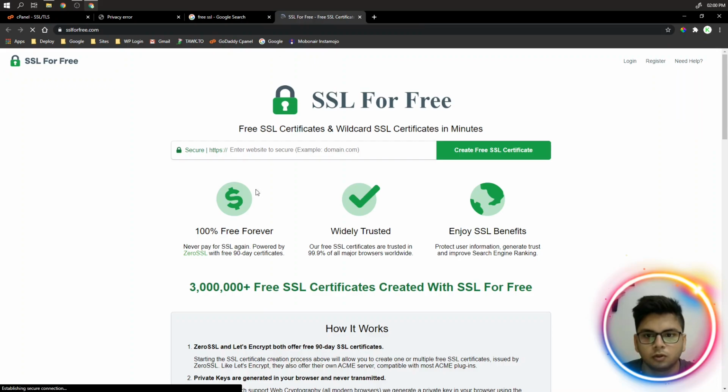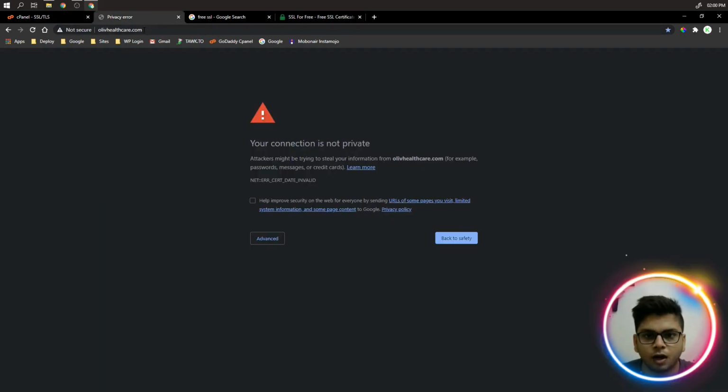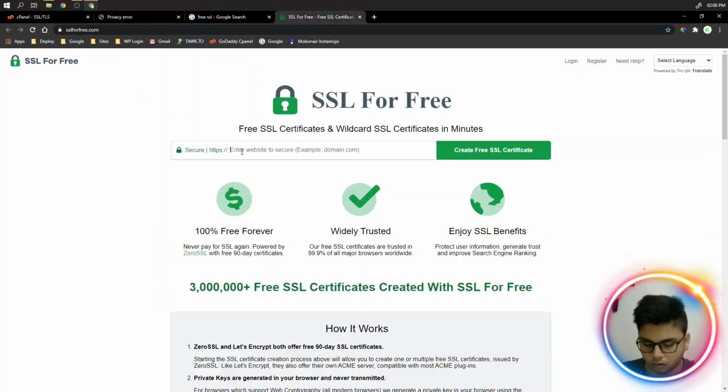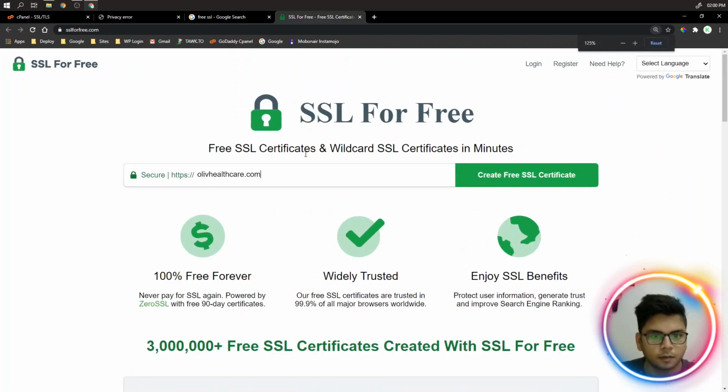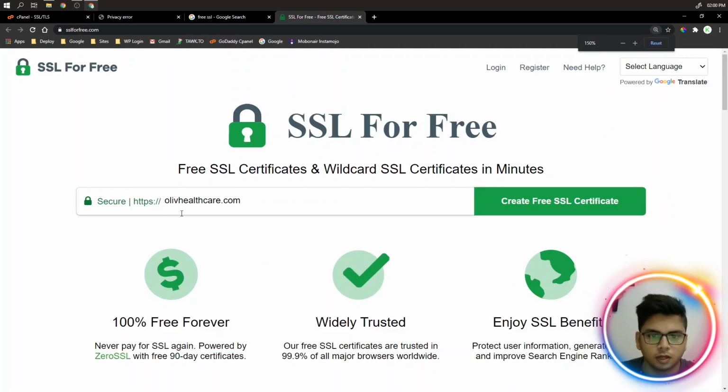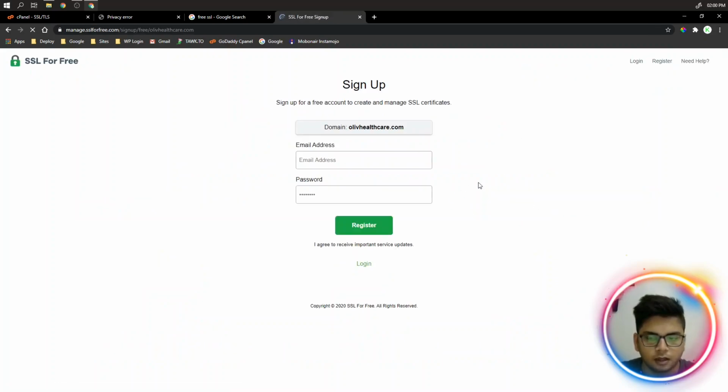You have to go to this website and type in the domain name onto which you want to install your SSL. Let me just zoom in for you guys. As you can see, I just typed olivehealthcare.com. Now I have to click on Create Free SSL Certificate.